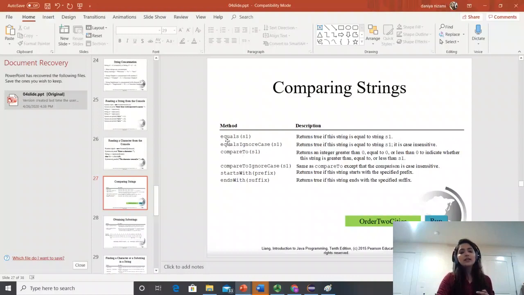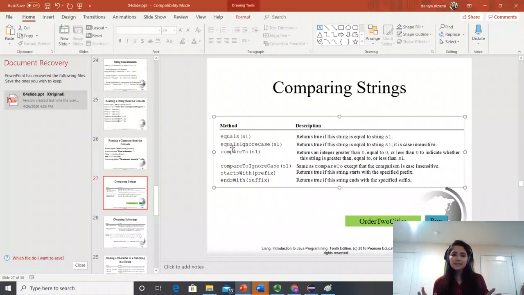So you use the equals method to compare those two. If s1 is small w welcome, and you call equals with capital W, it will give you false because you didn't mention to ignore the cases. If you want to make sure that cases are ignored, you call the equalsIgnoreCase method, which ignores the cases and then compares if they are equal or not.